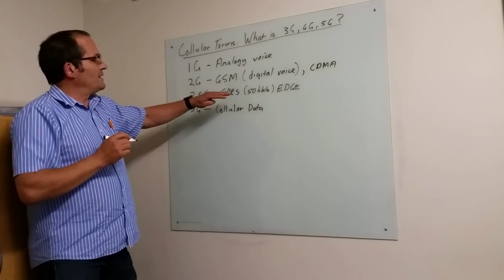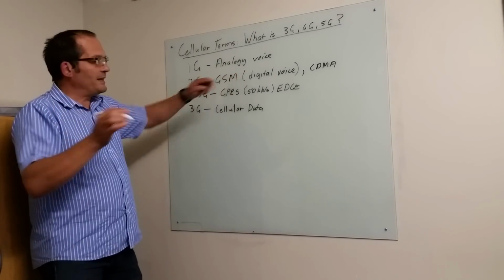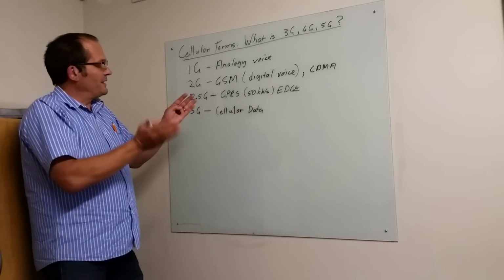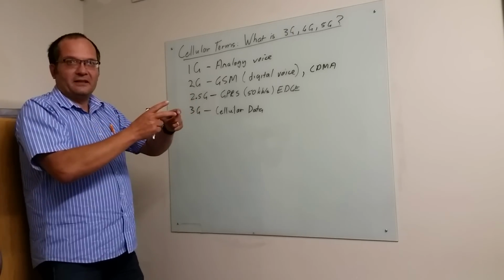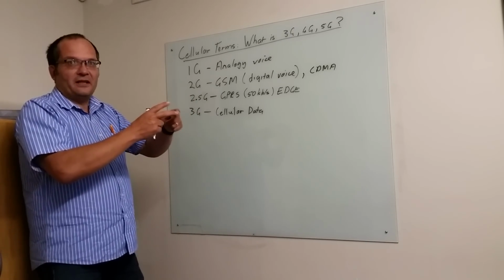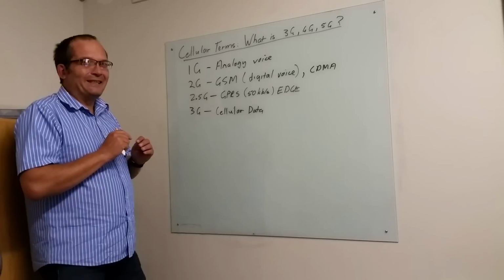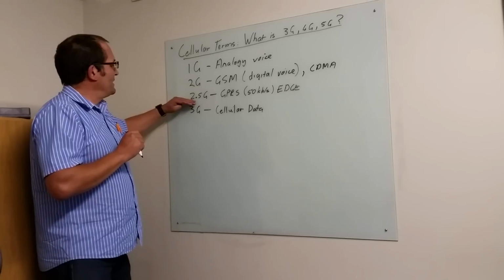Now GPRS was just really taking some voice channels, which in any case contain the data, and normally in a voice channel you've got sort of 8 slots for data, and they could combine them and give you a complete channel or complete frequency in the GSM radio. So instead of your 10 kilobits, you can now get 8 times 10, whatever it was. I can't remember the exact numbers, but that was 2.5G, so the first attempt to actually transmit data over.